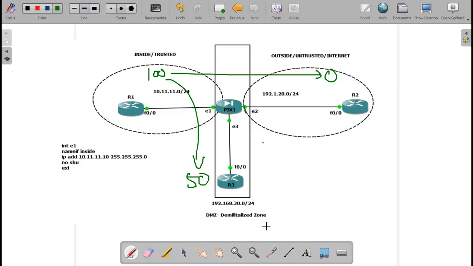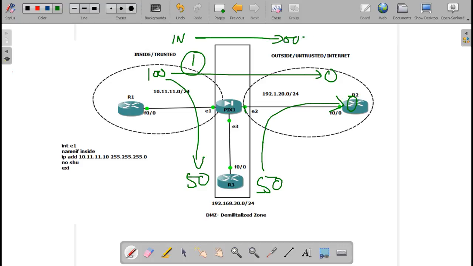Next, the third traffic flow would be from 50 to 100. No, 50 to 100 is not possible, because 50 is low, 100 is high, right? So possible is 50 to 0. So the possible traffic flows are: first, you can go from in to out. Second, you can go from in to DMZ.